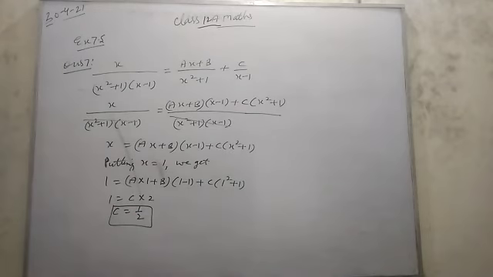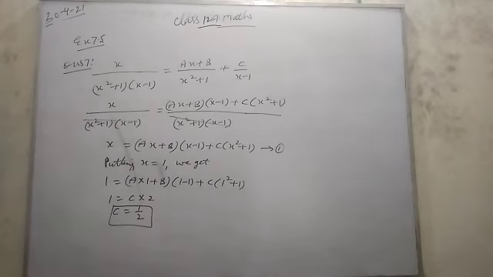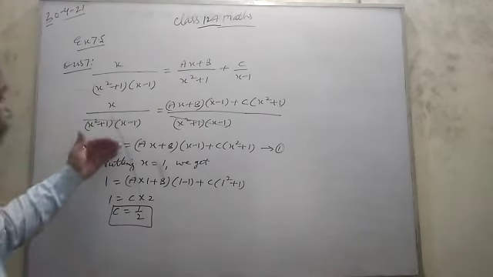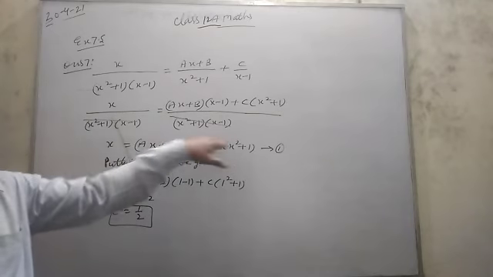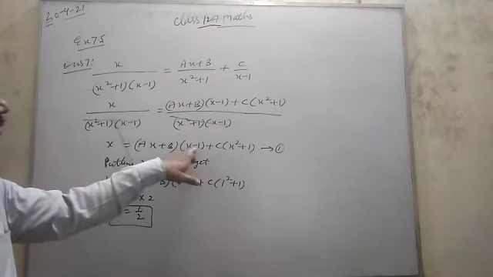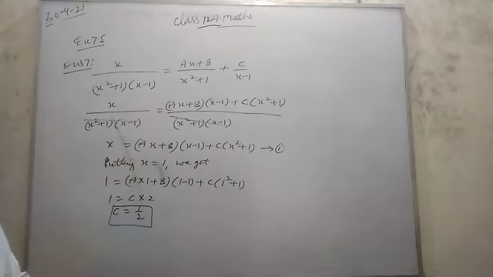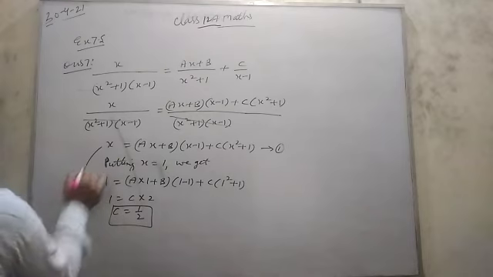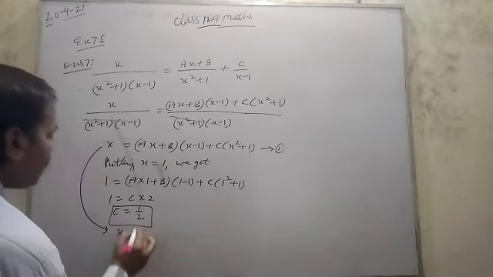And remaining two values a and b. This also you can suppose equation. So remaining a and b you can find by comparing their coefficients. It is not necessary that every value you find by this way only. This also depends upon their linear factors. So here only one linear factor, so only one value you can find, remaining two by comparing coefficients. You see.